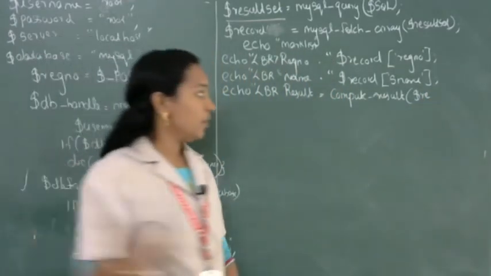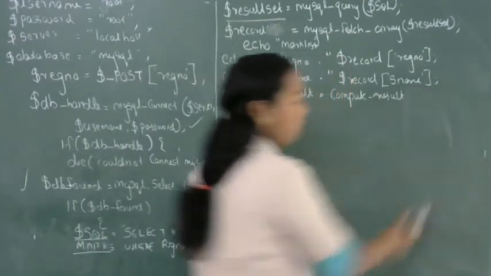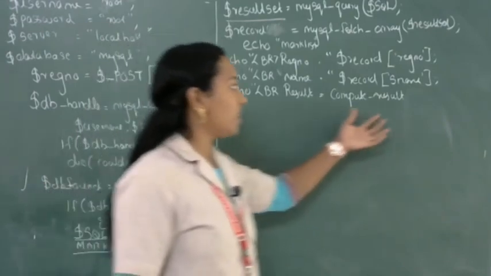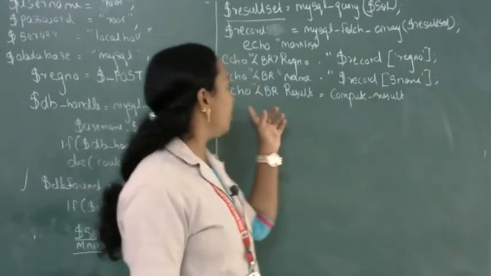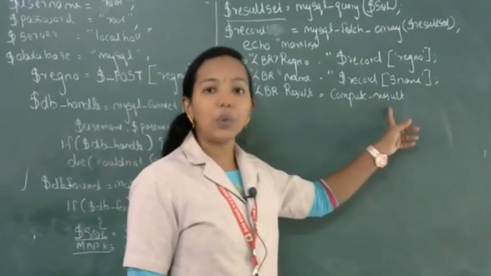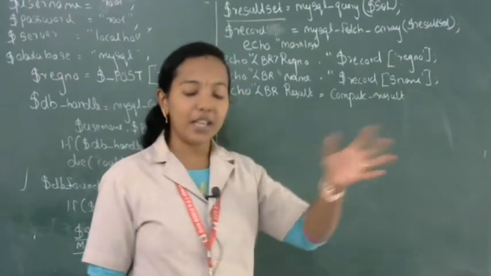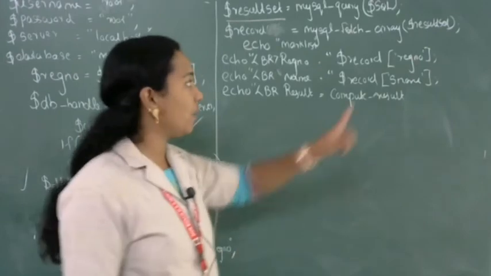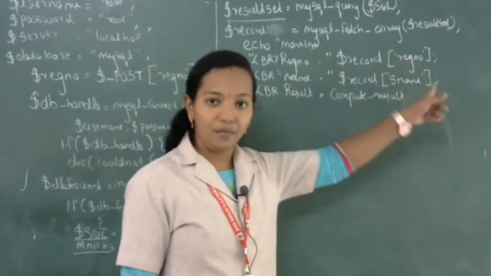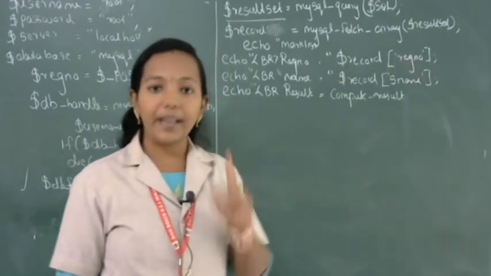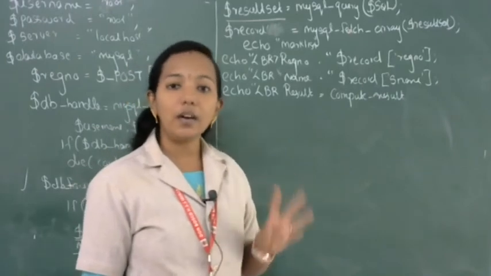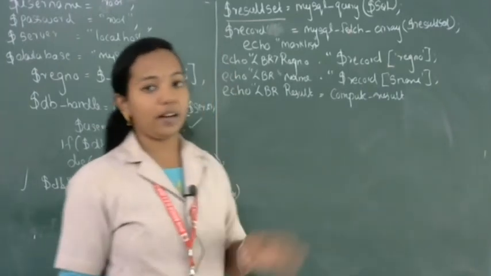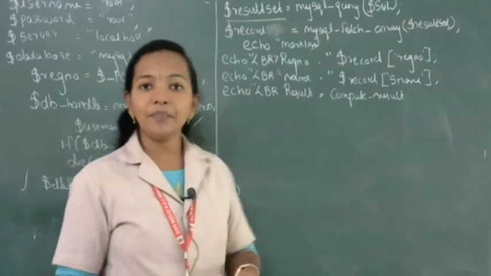Okay, you remember this. I am not going to write the entire statement because I want to explain only the compute result. Here I am going to write result is equal to compute result, and it is extracting all the marks. For extracting the first mark, how can we write $record M1 plus $record M2 plus $record M3, because these 3 marks are available in $record. After that we will get the result.